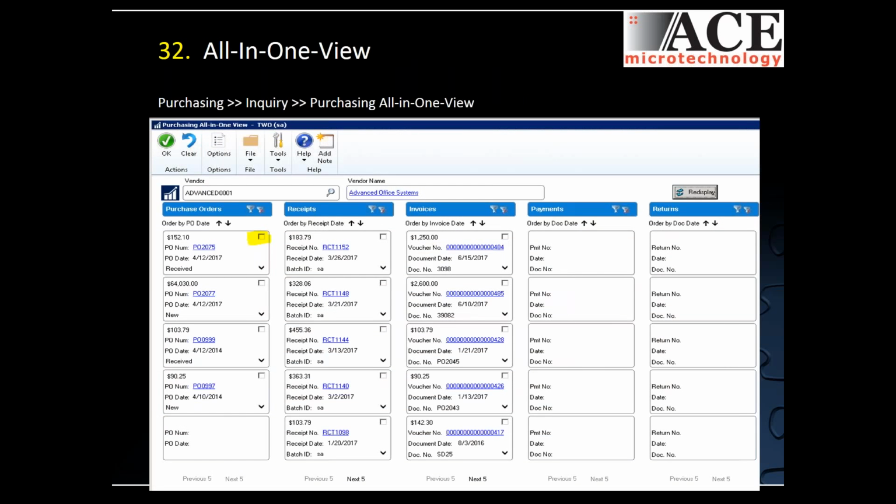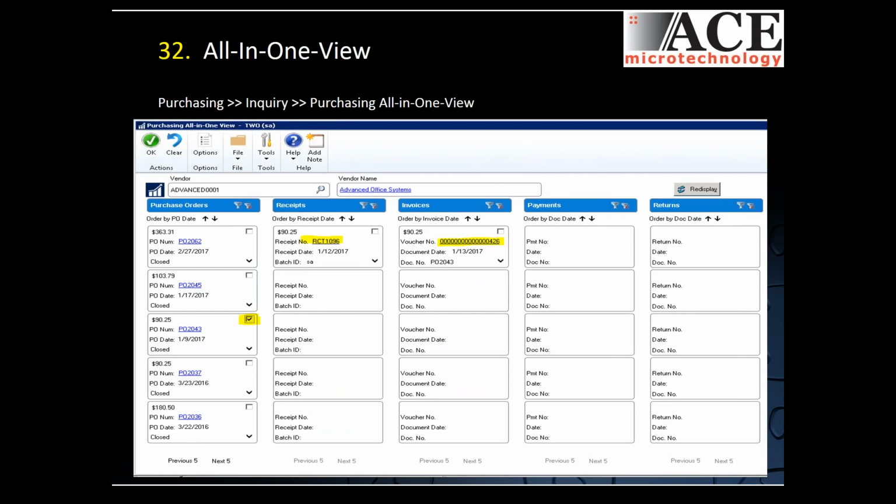Number 32, all-in-one view. This is kind of a recent add where we can see just in one place the POs that we've generated and all associated documents. For example, in that three-way match process, you have the PO, you have the receiver, and you have the invoice. You can see all of that. So whichever one we want to look at, we're going to check the box to the right of it. As soon as we do that, in this case, the 20431, as soon as I check a box, the screen